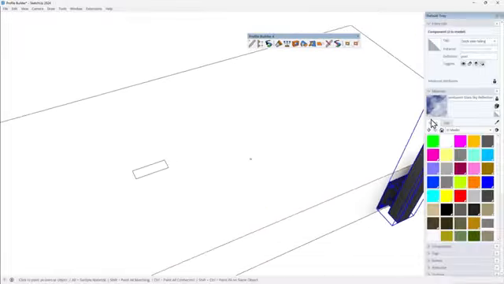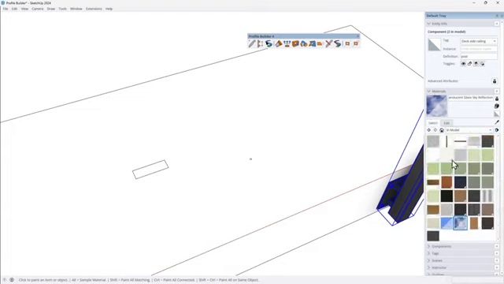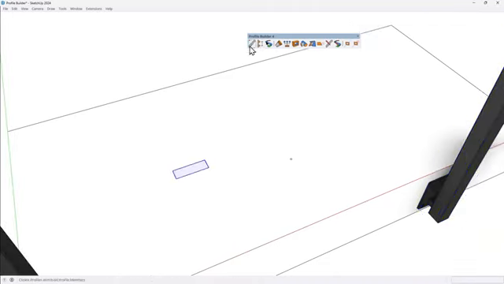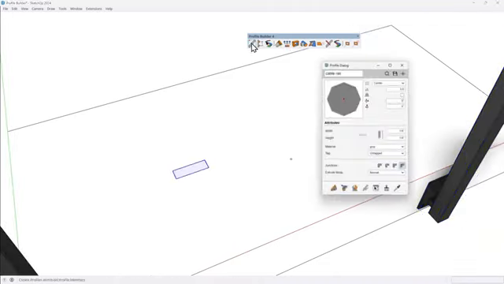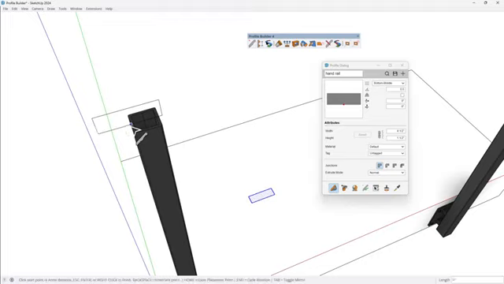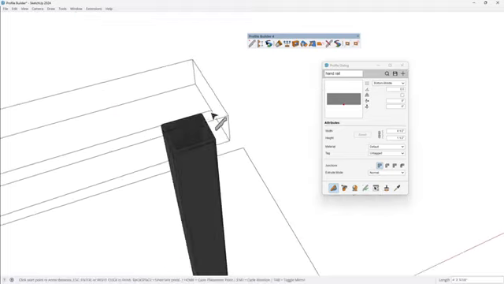The other thing I'm going to do is I'm going to make sure my materials are set appropriately. So I'm going to use this oak material and I'm going to name this something so that I actually know it. So I'm going to call this gray. I'm going to select this shape here. By double clicking on it, I'm going to open the new profile dialog and I'm going to create a new profile called handrail. And then I typically like to place this bottom middle so that now when I build this, when I click build, I'm essentially building it how I want it to be. So I'm going to start at this point here and build it